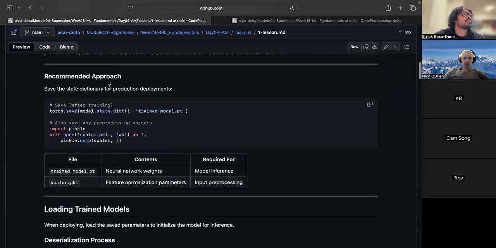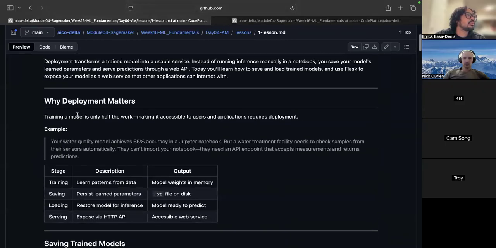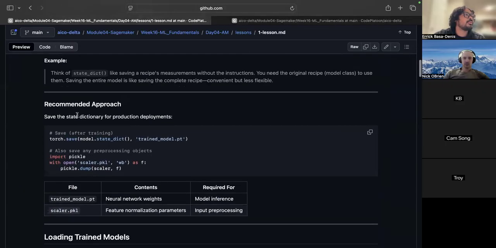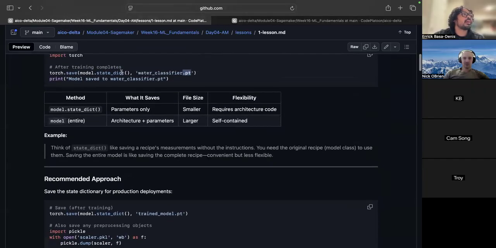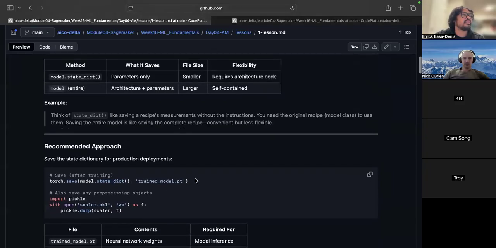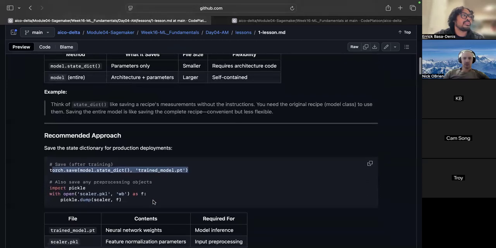Okay, so the recommended approach: save the state dictionary for production deployments. Up here, we saved that model, so we saved the parameters, the weights and biases. We do the same thing down here in this example, but we're saving it to another .pt file, named trained model. And this is just to